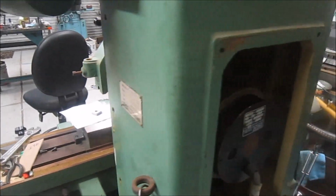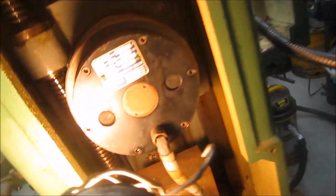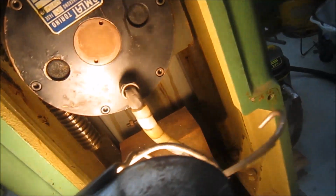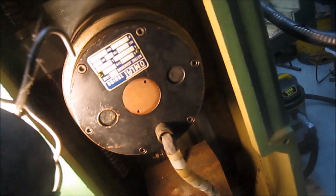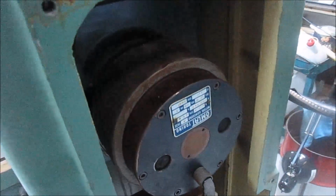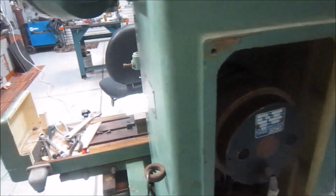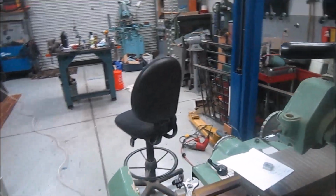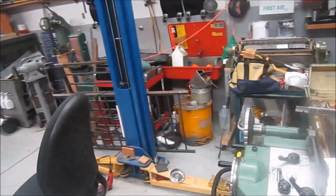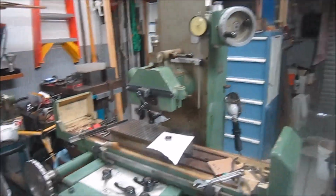I've been in here cleaning the ways and trying to get the grease out. They were using grease instead of oil, and then I still got to order and set up my one-shot lube. So with that said, it's getting there. I've been having fun playing with it, and